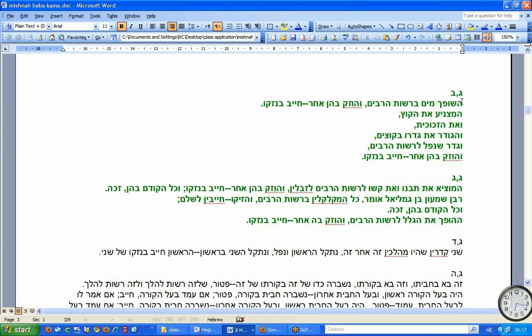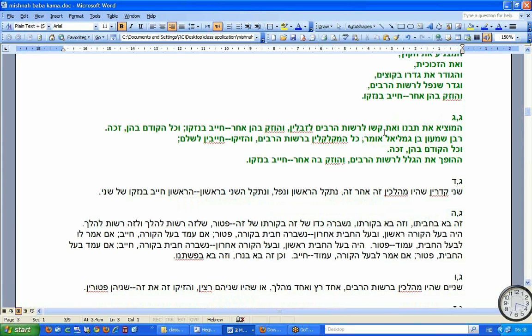Here. Hashofech mayim b'shus rabim, v'huzak behem acher chayav v'nisko. A man throws water out into the shus rabim, and someone gets damaged, so he has to pay. It's the same like bor, isn't it? Yeah, it is a bor. These are all bores. Hamatzniya coats, schuchis. These are all bores. They're just not holes. Okay, and making also these fences. Let's see what they have.